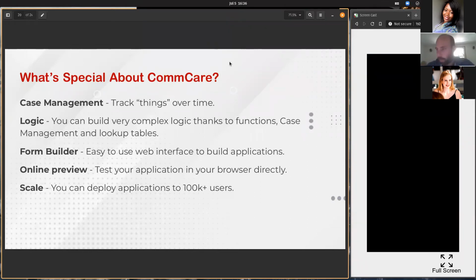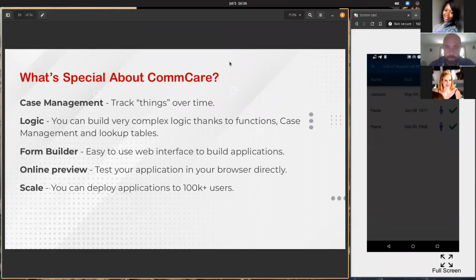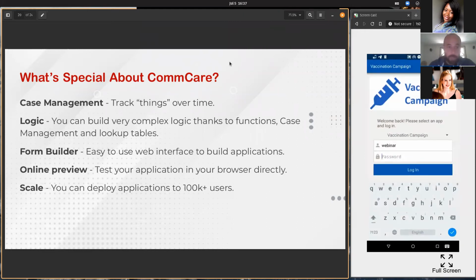I'm going to show you if I have a bit of time now, but you can do a lot of super complex logic on the forms, and that's great because that allows you to create even medical protocols, for example, and stuff like that. As you saw, the form builder is relatively easy to use, user friendly. So that's where you build your apps. You have the online preview as I showed, so you don't have to exit